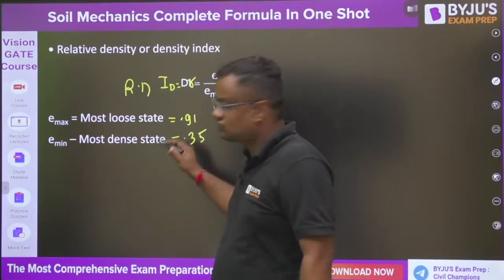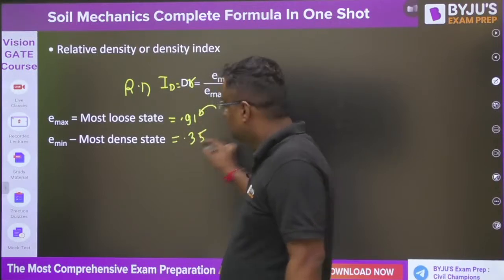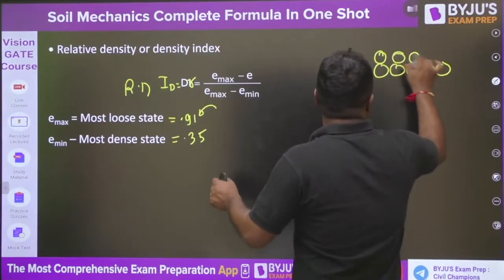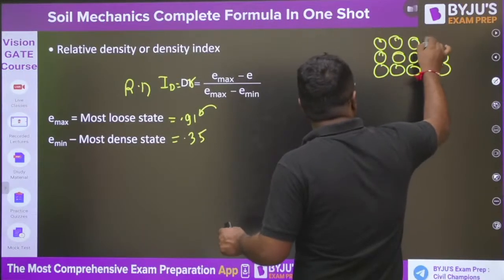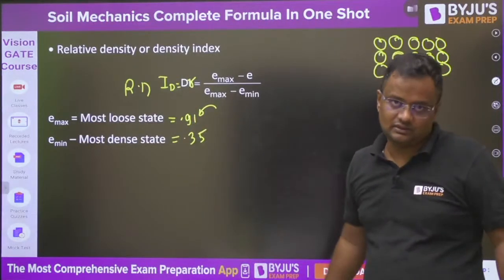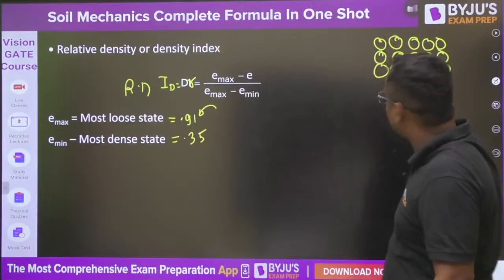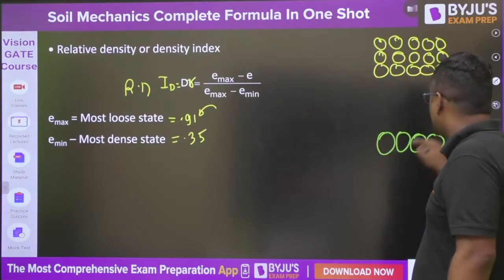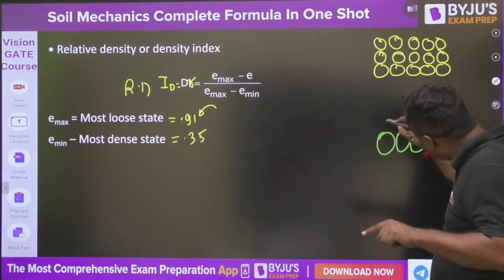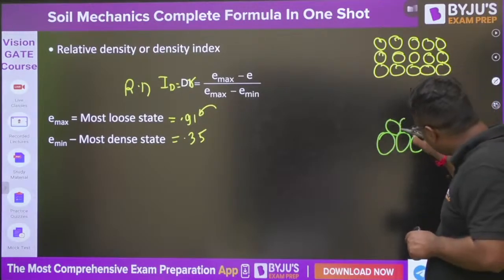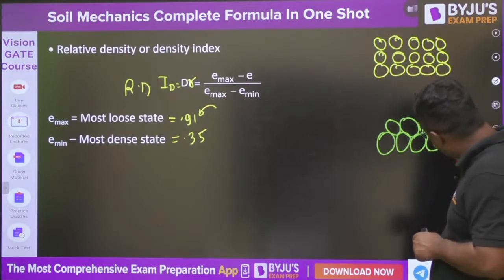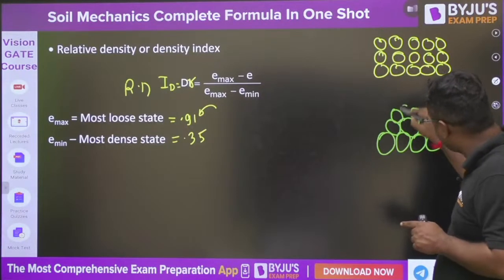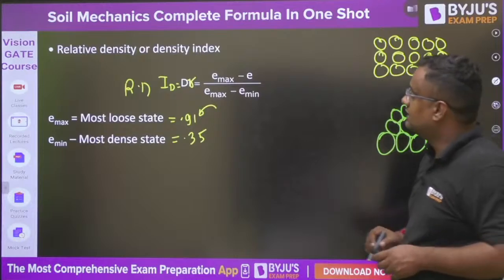You can see my other videos of soil mechanics where I proved this and have given the logic. Why in loosest state is the arrangement cubical? Because to make maximum voids, the other layer we are putting just one over the other. I have proved this 0.91 value as well. If we are just putting over, we are not occupying the void, so maximum voids. That is cubical array. Now if we want minimum void ratio, the second layer will be put here so that voids can be occupied, then the next layer here, so voids will be occupied like this.